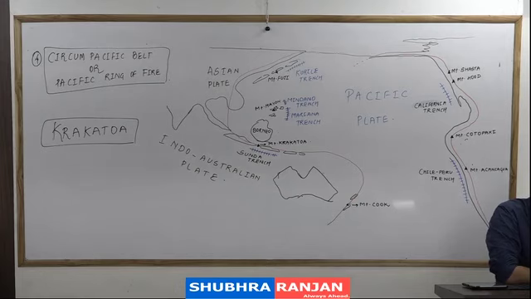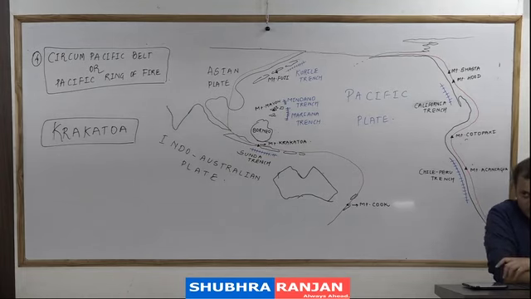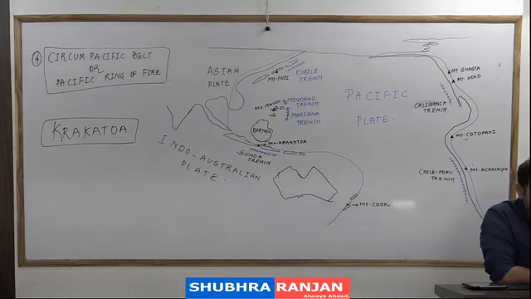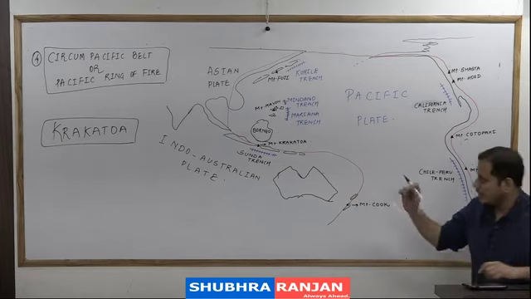Last time when it erupted, its sound was heard right up to USA and the stones were thrown up to Chennai. Sediments were thrown right up to Chennai. And it gave out so much dust that for the next 20 years there was less sunlight on the earth because of all this volcanic material it gave out, but thankfully no death and destruction because it is located in the oceans in the Sunda Trench.